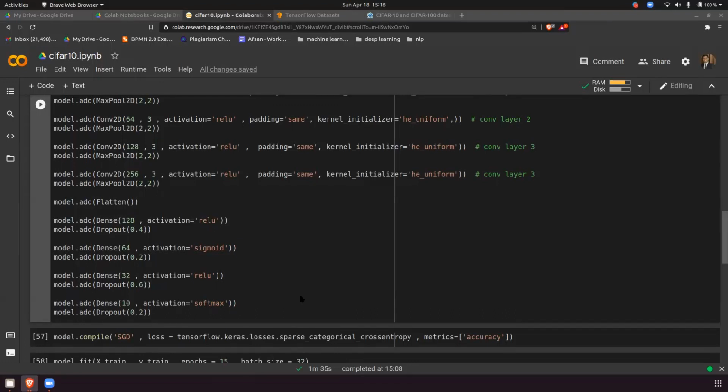10, right? So basically, in the output layer you will have 1, 2, 3, 4, 5. Suppose I'm taking 5 out of 10. The output will be in the form of some numbers, like 1.3, 5.1, 2.2, 0.7, 1.1. Now, how to decide which one is the class? I have to convert this into probability.